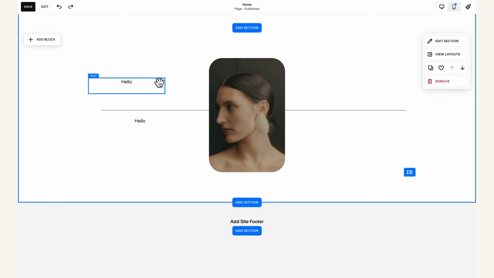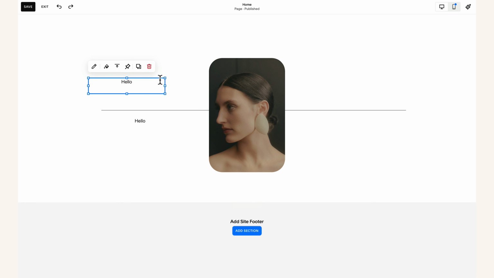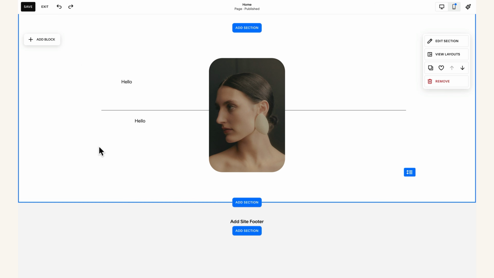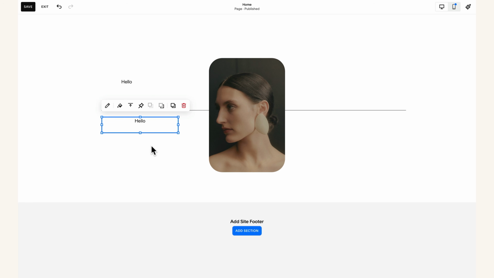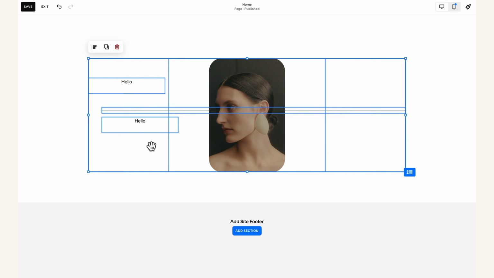We may also copy and paste blocks. For example, I can select this block and hit Command C on my keyboard, and then I'll click anywhere and hit Command V. To delete a block, we may use this trash bin icon or the delete key on our keyboard. If we'd like to select all elements within the section, we may press Command A on our keyboard,